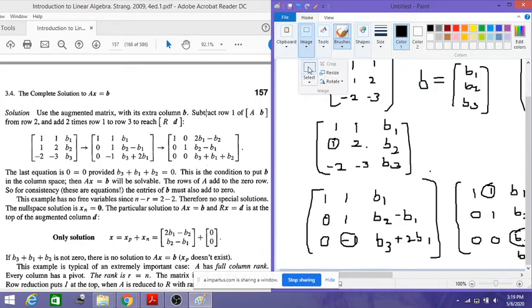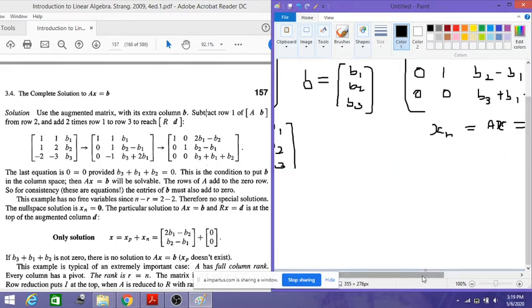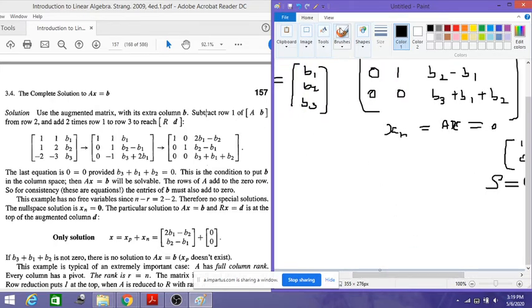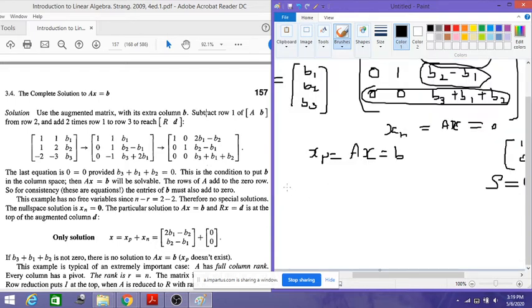Let me erase this unwanted portion here, because we already got the final solution. So if I remove this, then the xp, the particular solution, we'll get by considering Ax equal to b. So the third row is going to vanish because it is completely 0. So here x1 and x2 should be the same value as whatever is on the right side. Therefore the complete solution x is nothing but xp plus xn, and that is equal to 2b1 minus b2, and the second component is b2 minus b1, plus